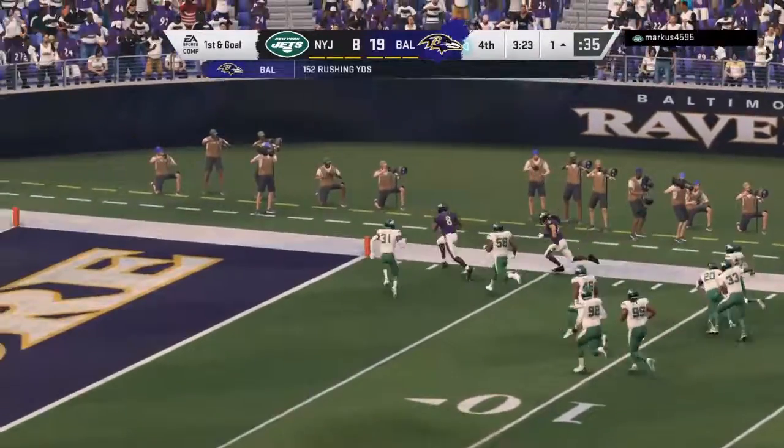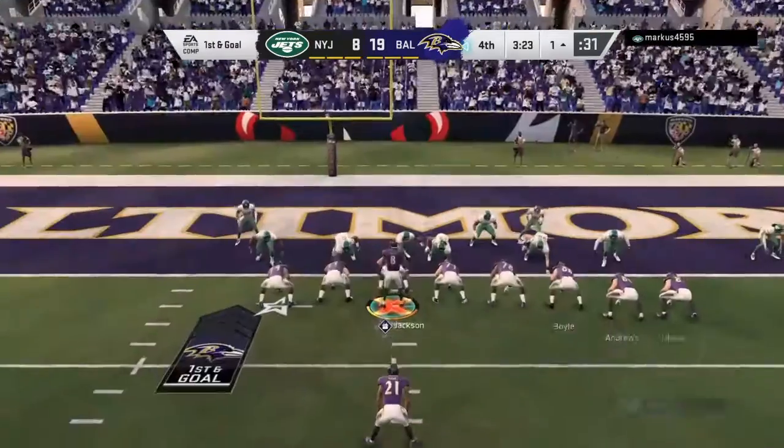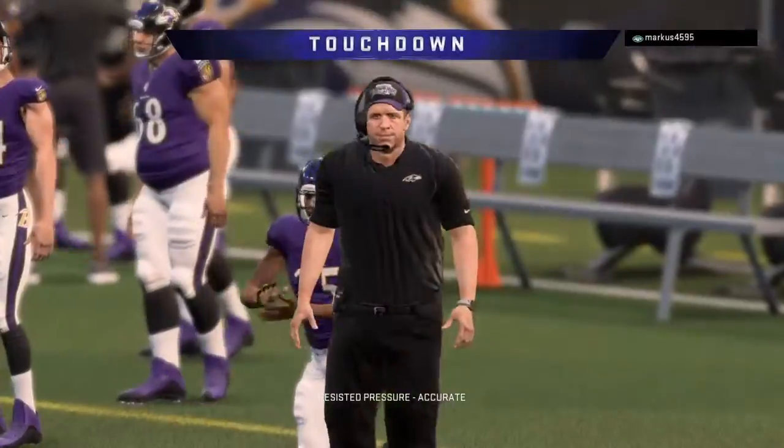Not only another 1st down, that also puts him over 100 yards rushing. That's not something you see very often in the NFL. We see it more in college. But I think with more of the melding of the